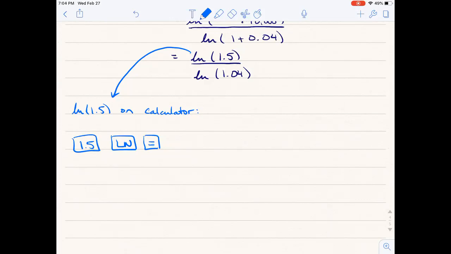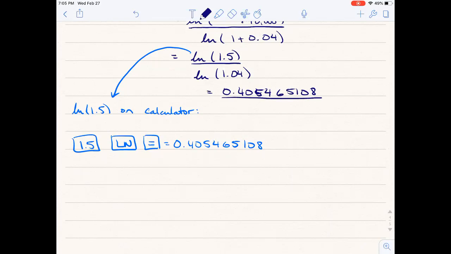And I get 0.405465108. So make sure that's what you get when you try your calculator doing the log of 1.5. So this becomes 0.405465108